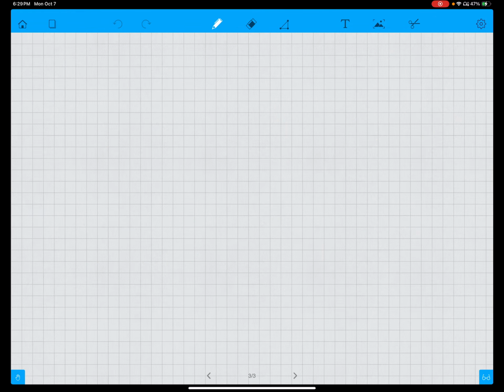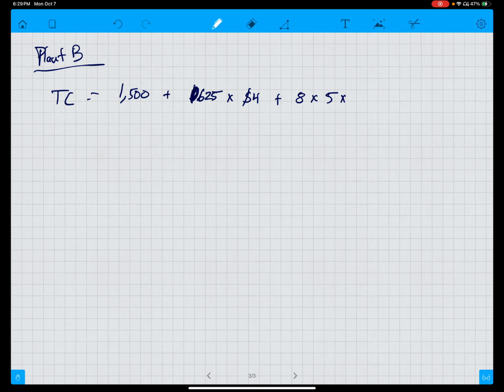And we can do the exact same thing for plant B. Total cost is equal to 1,500, which was the overhead, plus 625 times $4, which is the material, plus 8 hours times 5 days times 7 staff times $20 per hour